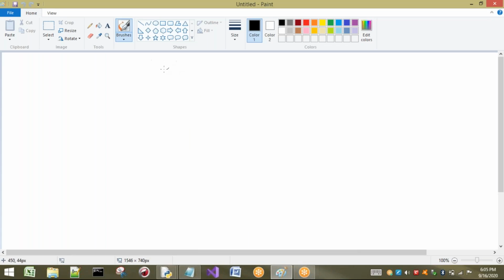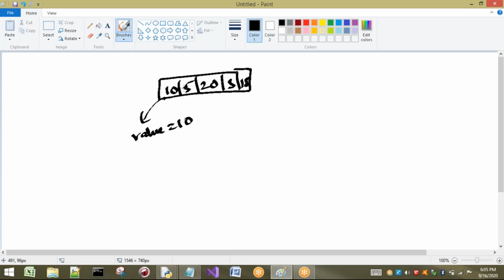Now see here, for example, I am having a list of elements 10, 5, 23 and 18. First I have to store this somewhere, that is called value. For example, I am going to store it. Later I want to compare this 10 with some value. Let us take the value as 10 here. So I'm going to store value in smallest. So smallest equal to value.